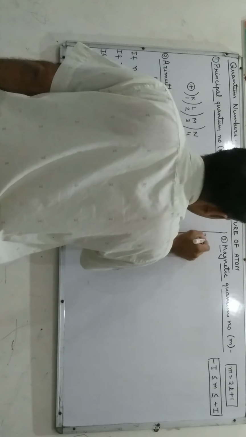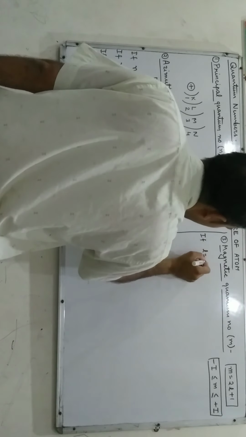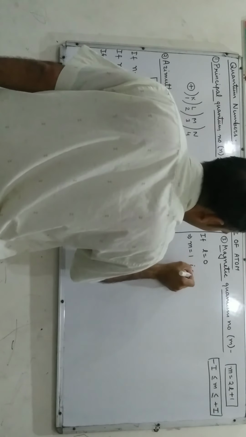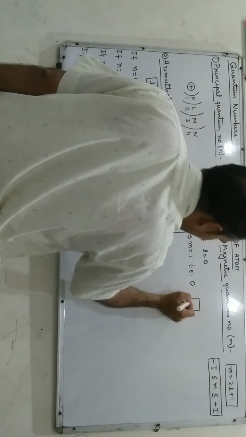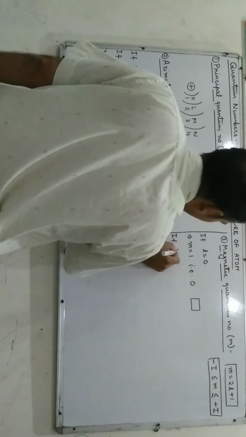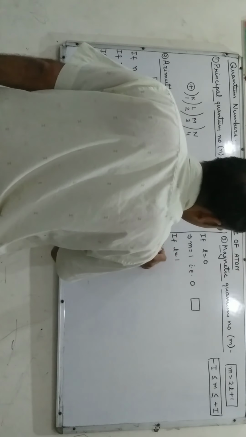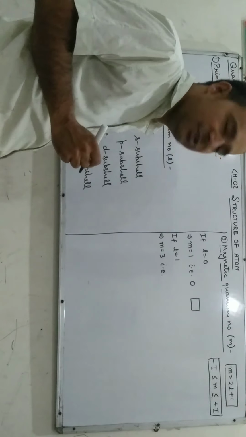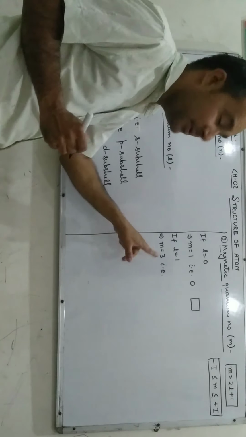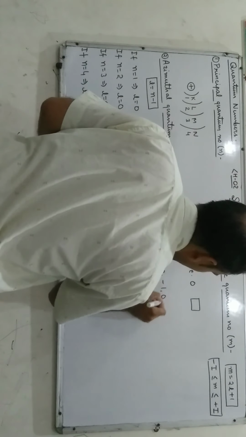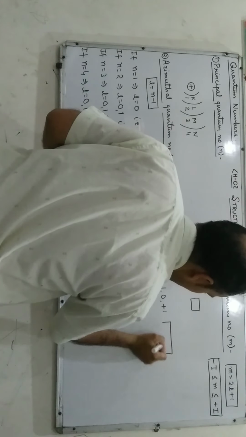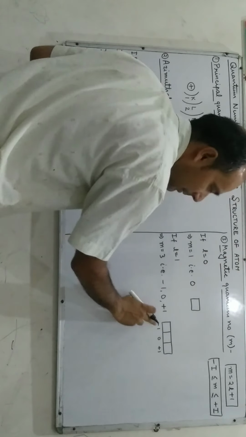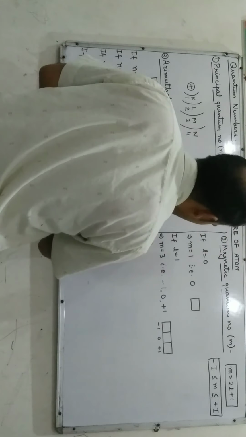Now let us consider, if l is equal to 0, it implies the value of m comes out to be 1, that is 0. That means it has only one orbital. If l is equal to 1, it implies m is equal to 3. Since the value of m lies between minus integer to plus integer, it means it is minus 1, 0, plus 1. It indicates the p subshell is there, which contains 3 orbitals whose orientations are minus 1, 0, and plus 1.